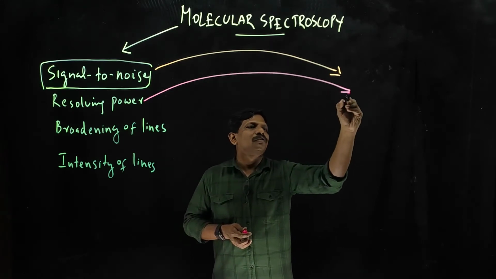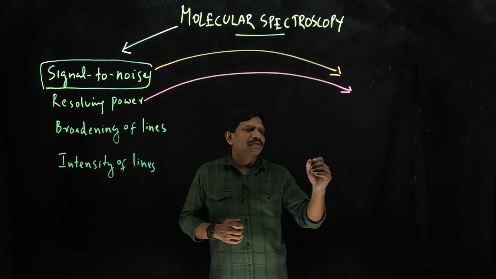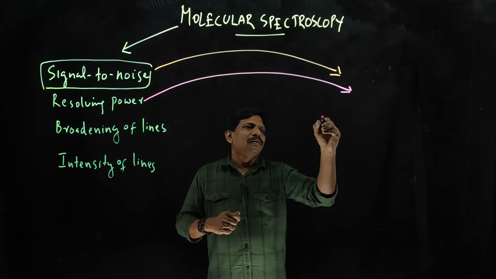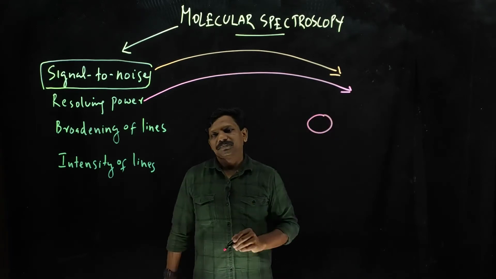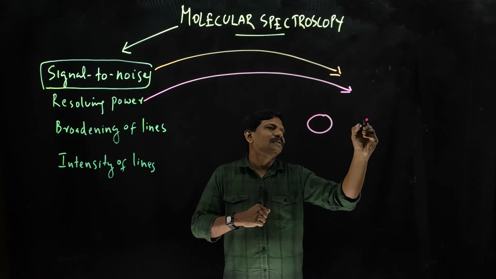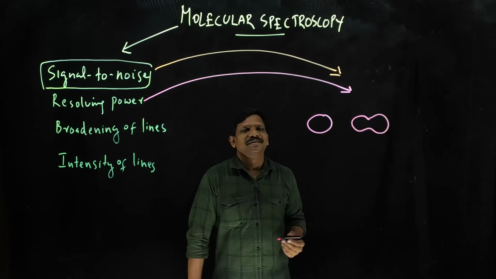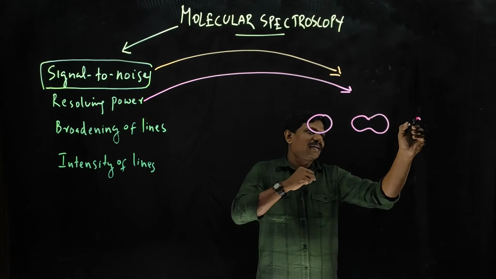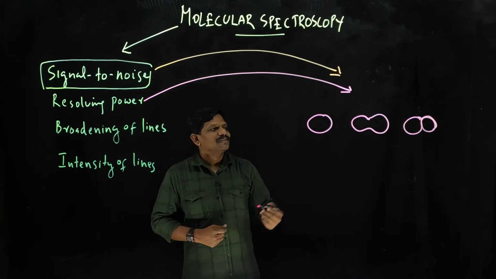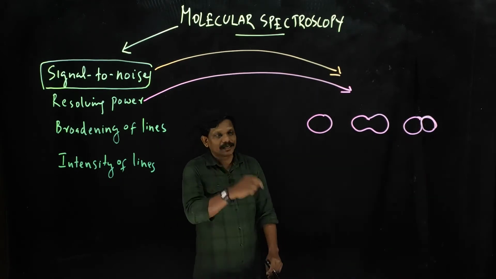That is the resolving power of the spectrometer. I will draw some figures like this. Suppose this is a round shape. If you use a high resolution and look very clearly, sometimes you can see like this. If you look more clearly, maybe it will be like this. You can say that this image has high resolution.